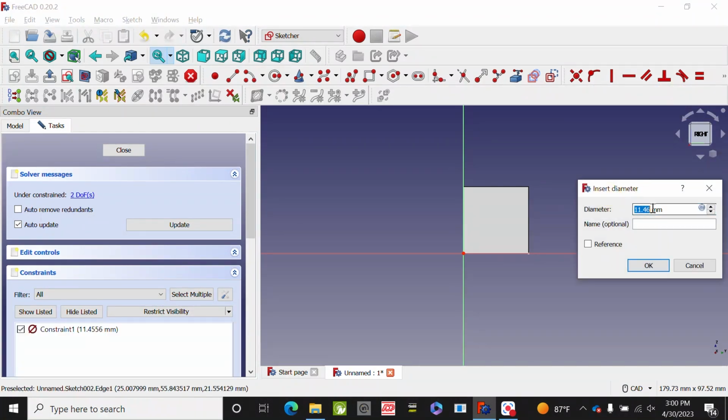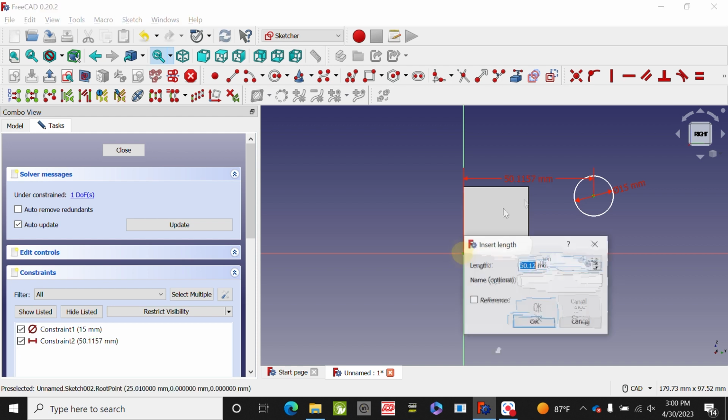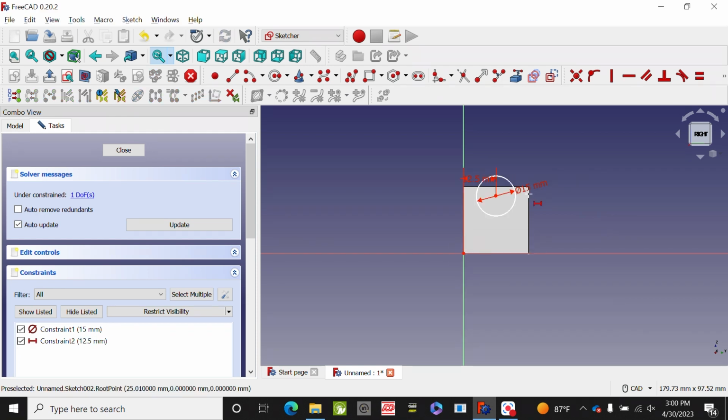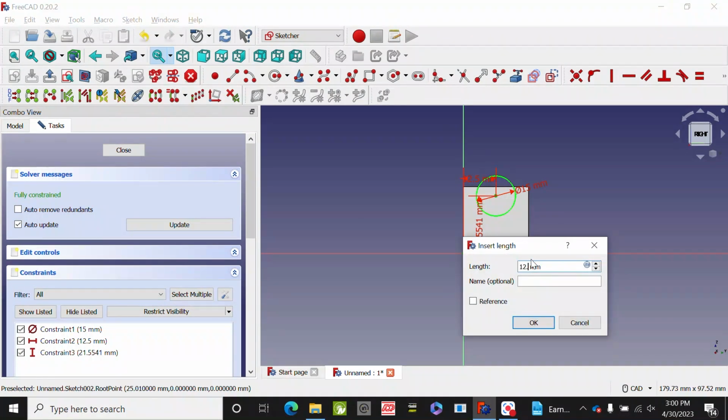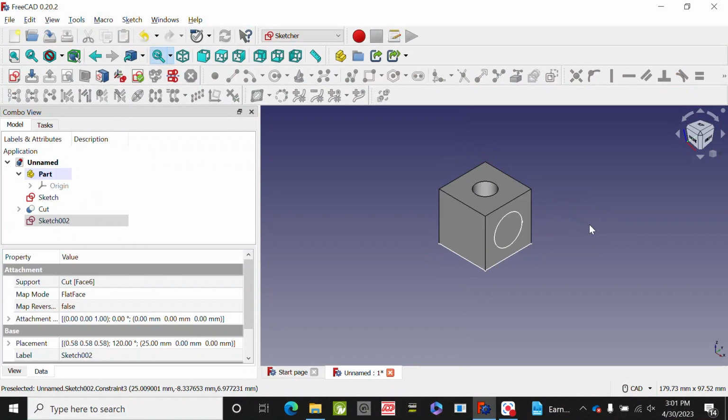Let's do a radius of 15 millimeters this time, and locate your part at 12.5 and 12.5 from the vertical direction, 12.5, and if you want, you can fix a little bit your rotations so you can understand them better. Then escape to go to your part view, and then you're ready to use this sketch